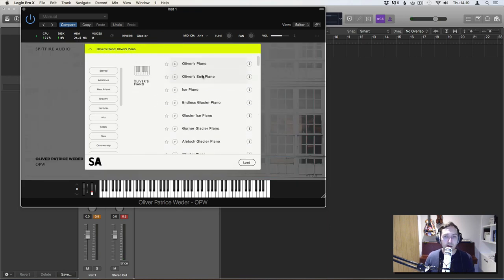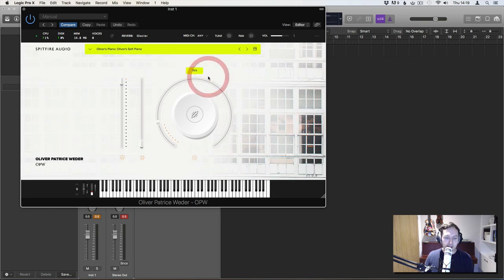Let's have a look at what other pianos there are. So this is the business. Okay, let's turn that up. See what happens. Yeah, very nice soft piano. Very filmic. Very suited to TV sound beds, and to some extent, not family adventure trailers, but the trailers that I've had that have used this have been kind of uplifting, not family films, but wholesome films, kind of like Will Smith becoming a better human being. So, something like...